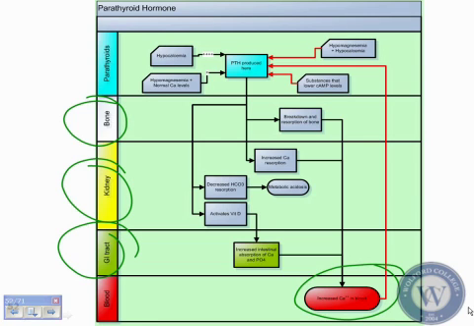Okay? So the 3 systems that are being affected by parathyroid hormone are bone, kidney, and GI tract. And if you think about it clearly, bone has a lot of calcium in it. Okay? So if you get parathyroid hormone, it'll basically break down the bone and reabsorb it, okay, and release calcium in the process. And that's a very important store value.